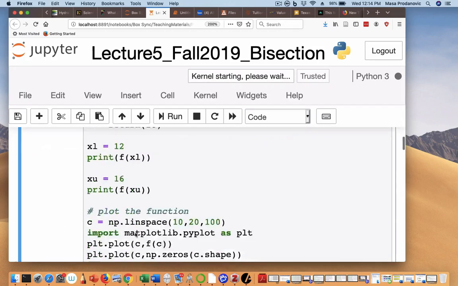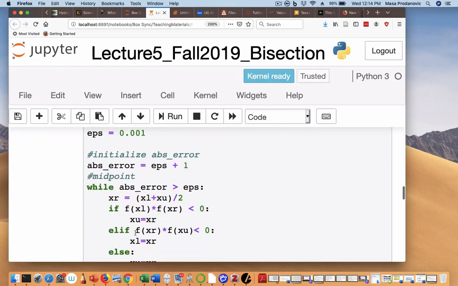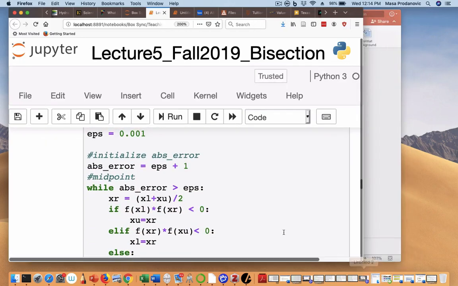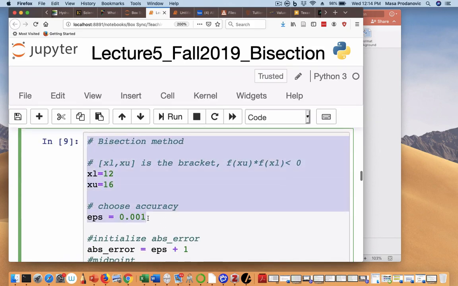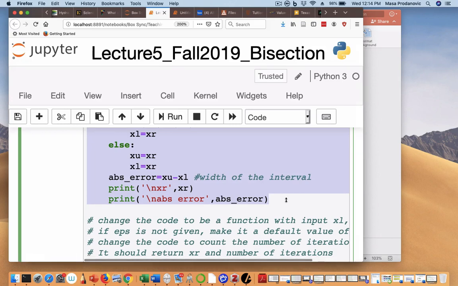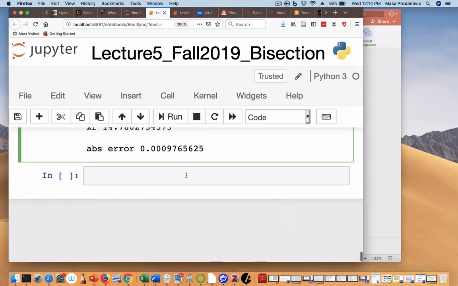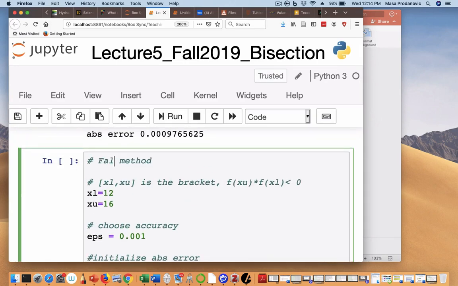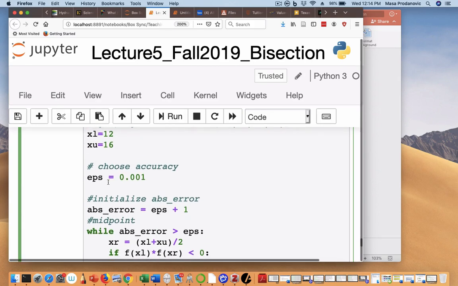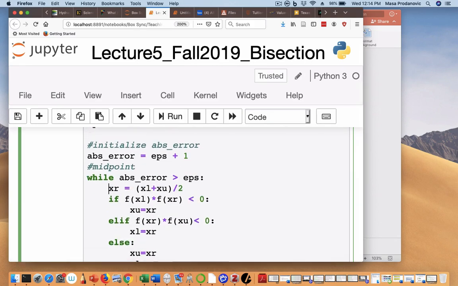So this was basically my parachutist problem, using the bisection method. Okay. So I'm gonna actually just copy it. And now I'm gonna change the code to false position. So false position is still a bracketing method. I do have to have this interval, and I already identified the interval for the parachutist problem. So I have it as 12 and 16. And here, instead of this midpoint, okay,